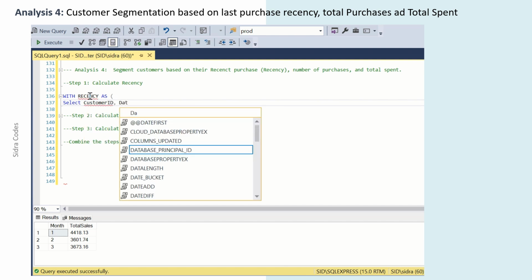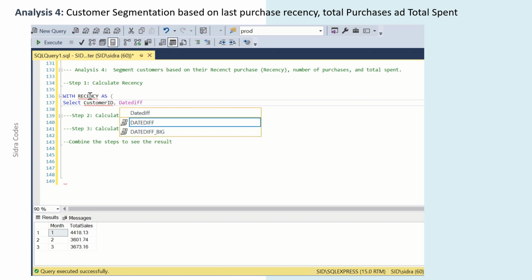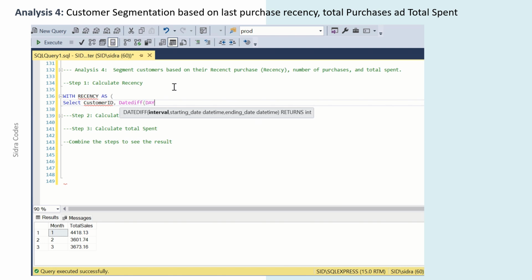Then I'm going to write DATEDIFF, this is a function and I will tell you what it's doing, day, comma, MAX, take invoice date. I'm taking max invoice date, day, comma, GETDATE, open and close parentheses, and close parentheses again to close this whole statement,